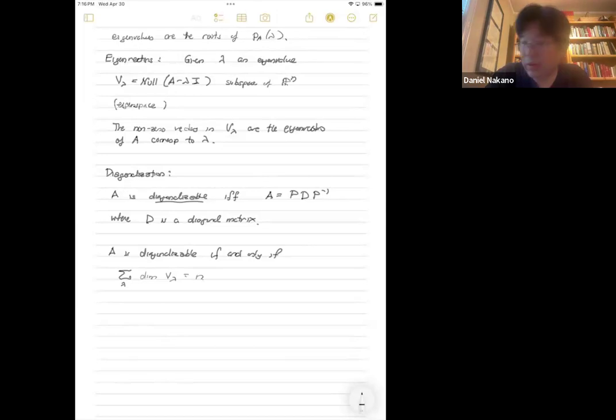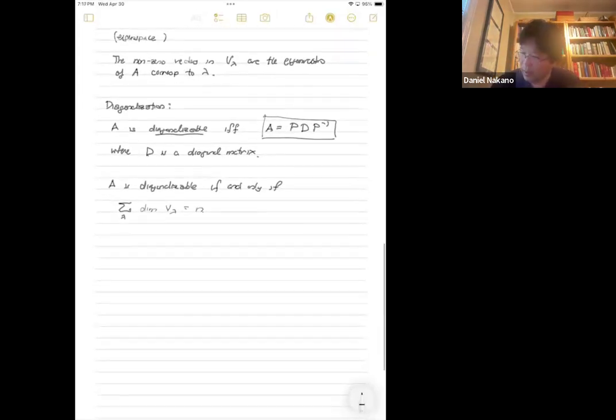All right. Now, the nice thing about this formula over here is that it's related to the eigenvalues and eigenvectors for A. So if A is diagonalizable, then our D consists of